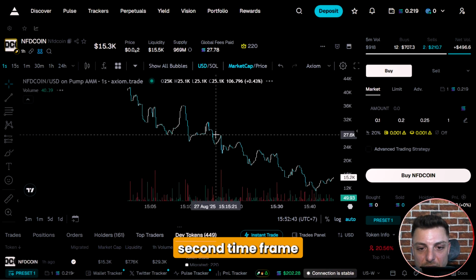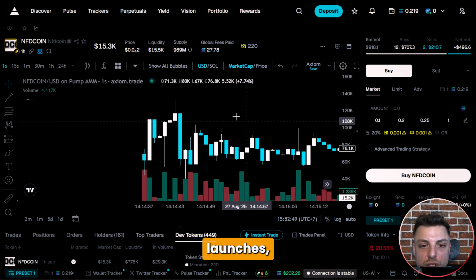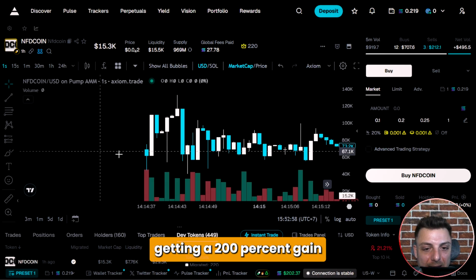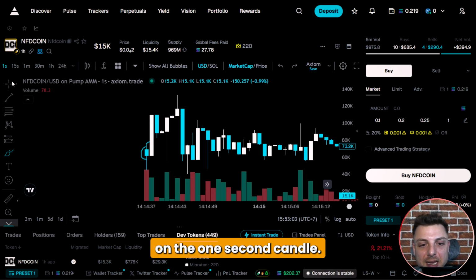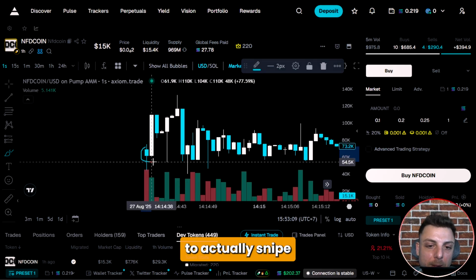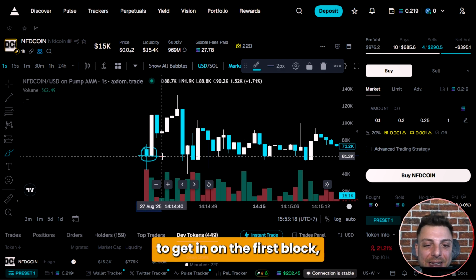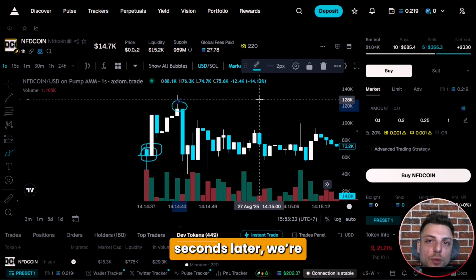So let's go down to the 1 second time frame and actually scroll out. What we can see is as soon as this coin launches, there is a massive spike. Let's see, from the initial launch all the way to this spike, we're getting a 200% gain in literally 1, 2, 3, 4, 5, 6, 7 seconds. We're on the 1 second candle. So the strategy here is to actually snipe this particular token the second that it launches in the market. Because if we're able to get in on the first block, you can see just 7 seconds later, we're basically making